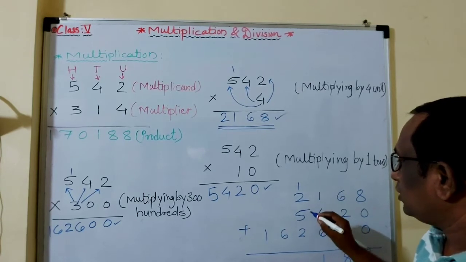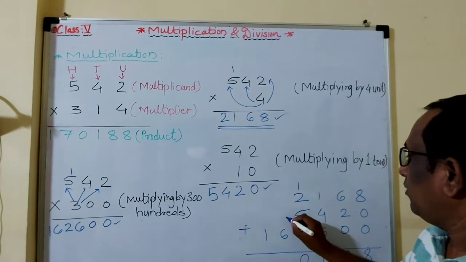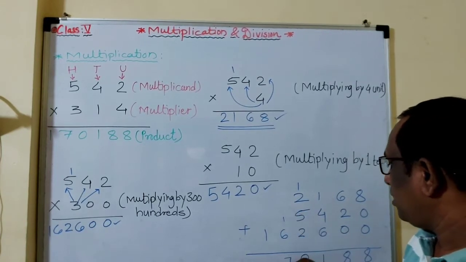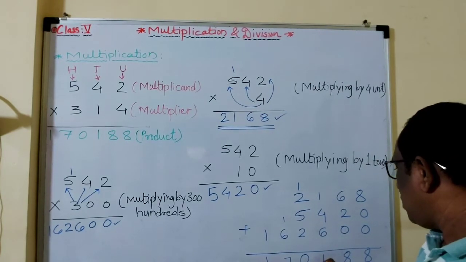3 plus 5, 5, 6, 7, 8. 8, 9, 10. 0 remain. Again 1 carry over. Okay. Then 6 plus 1, 7. And 1 as it is. So we got our answer here, comma